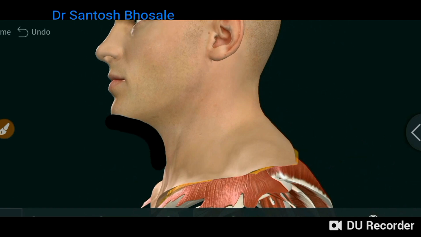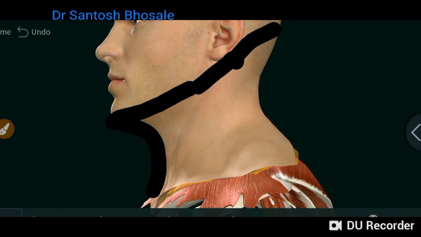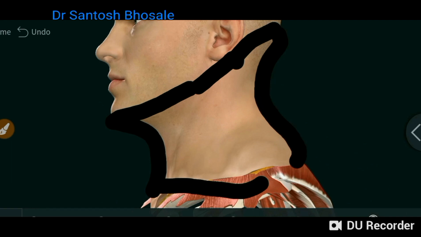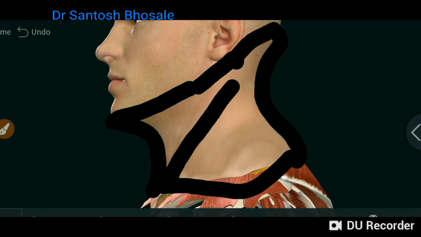The anterior border is formed by the anterior median line of the neck. Superior border is formed by the lower border of the mandible and the line joining the angle of the mandible to the mastoid process, then the line from the mastoid process to the external occipital protuberance. Posterior border is formed by the posterior median line and inferior border by the clavicle, acromion and the line joining the spine of the scapula to the C7 vertebra. The lateral side of the neck is divided by the sternocleidomastoid diagonally into two triangles, anterior and posterior, that you can see here.